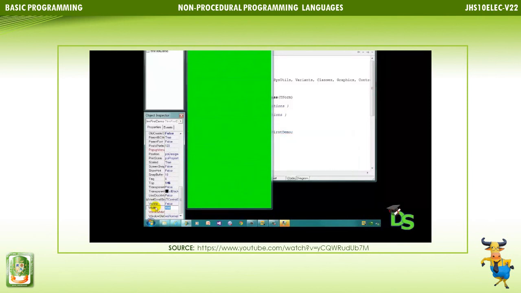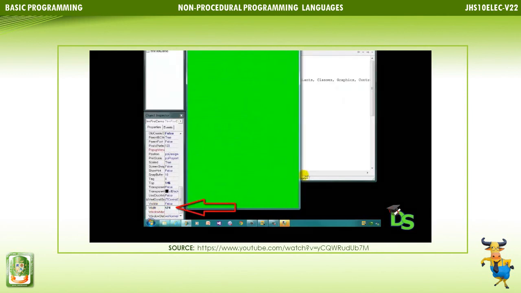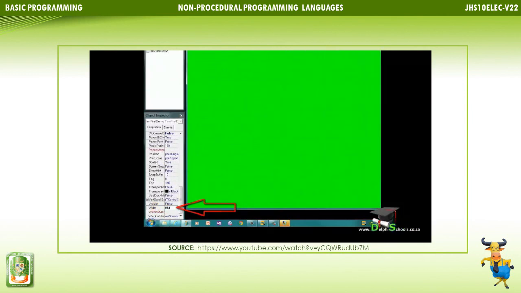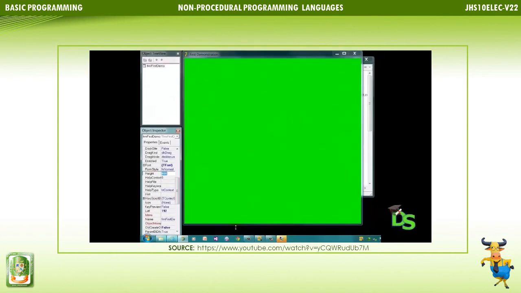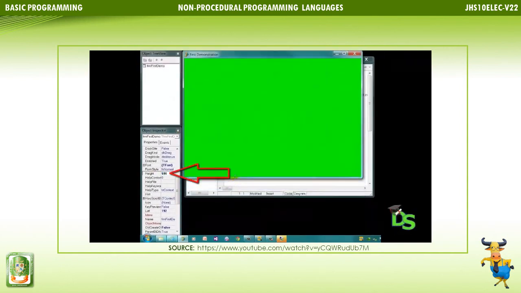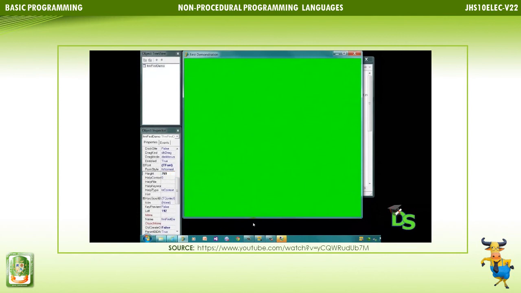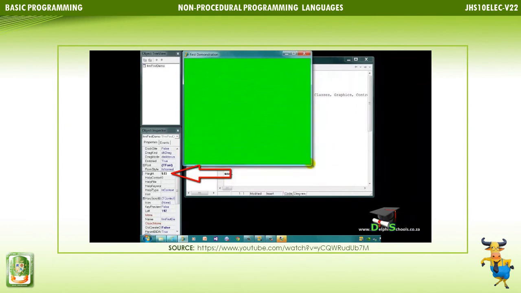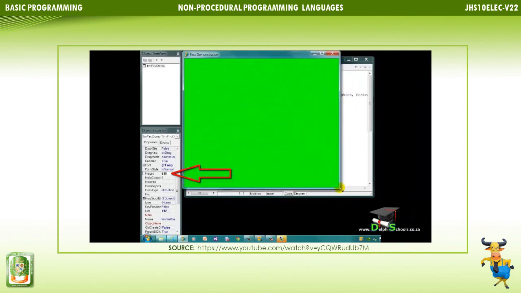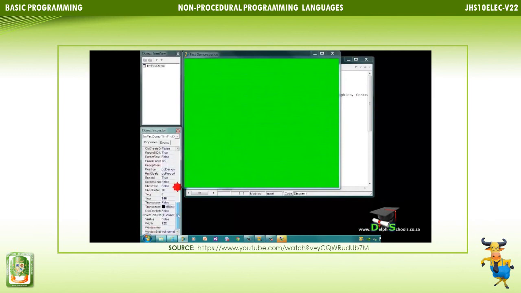Another way to change the width is to drag the left border of the form to the left or right. See how this action also changes the width property as I'm doing the resizing. You can also do the same with the height property by dragging the bottom edge up or down. Again, see how the height property changes as I'm doing the dragging. I can also place my mouse pointer on the bottom right corner of the form and change the width and height properties simultaneously. Both the width and height properties change in the Object Inspector as I'm dragging to adjust the